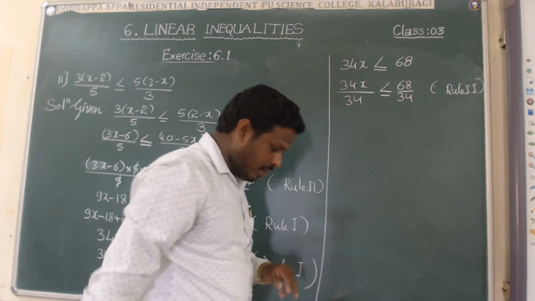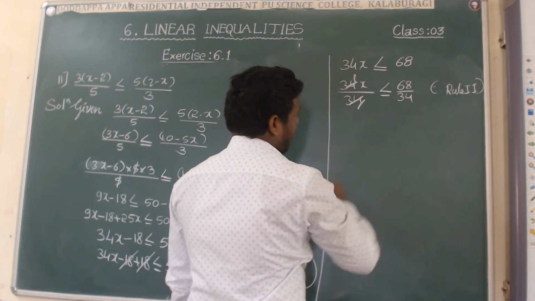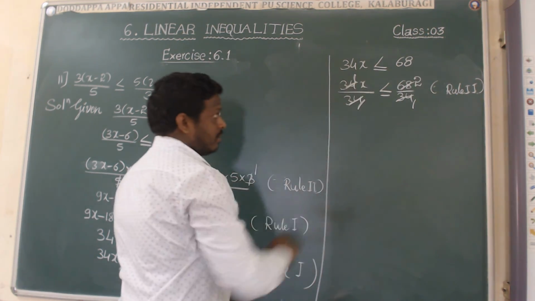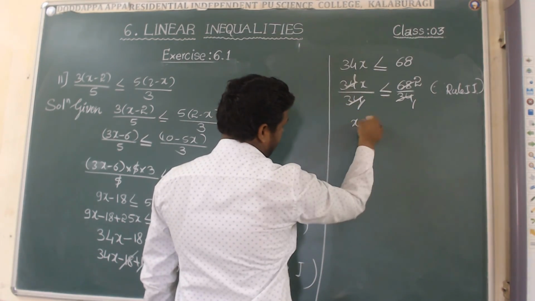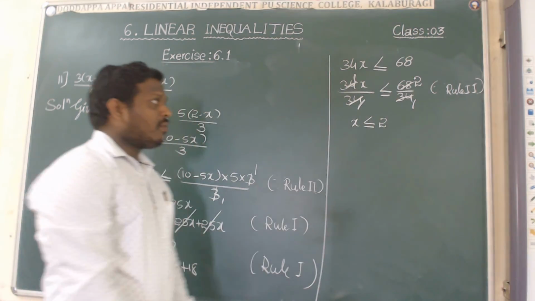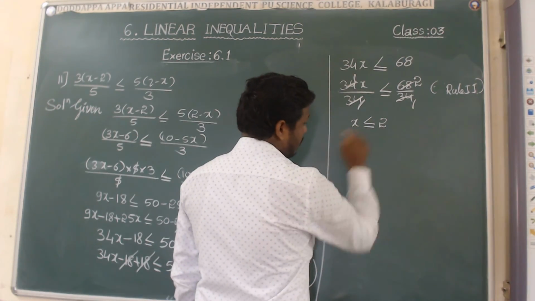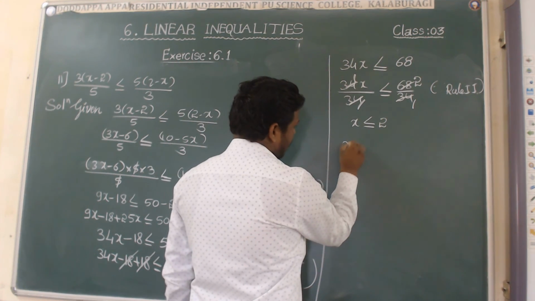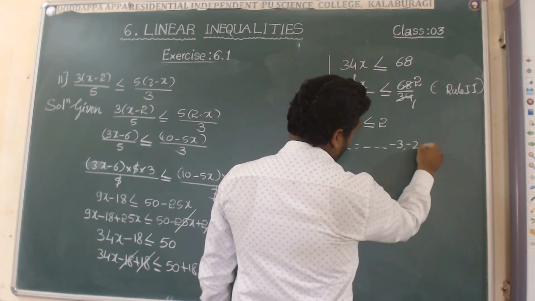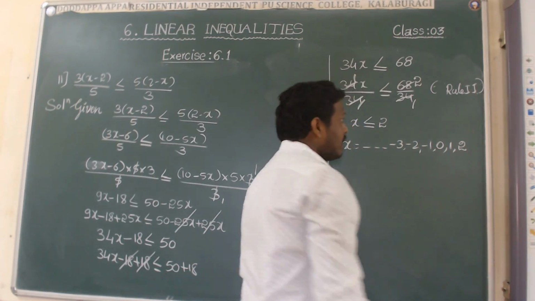With the positive sign I am going here. Okay, simplify. 34 on the 34, and here 34 on the 34, 34 to the 68. So what is left here? x is left. And the symbol is the same, keep as usual, and 2 is coming here. Then what are the solutions of x here? The values of x, less than or equal to is there again. Less than or equal to means you have to take here so on minus 3, minus 2, minus 1, 0, 1, 2. Why is 2 included in the value of x?